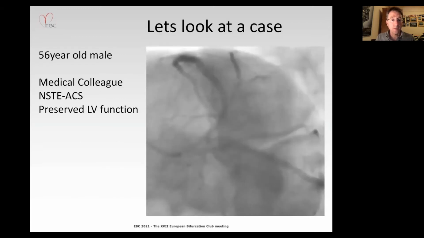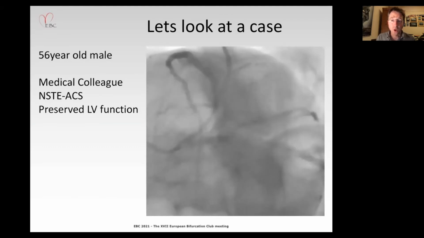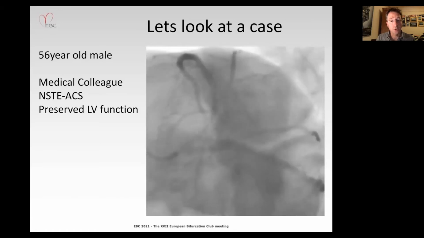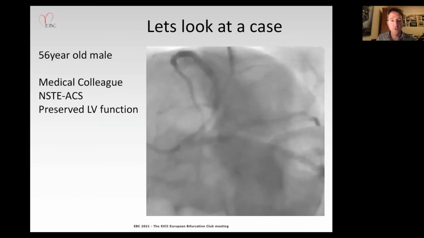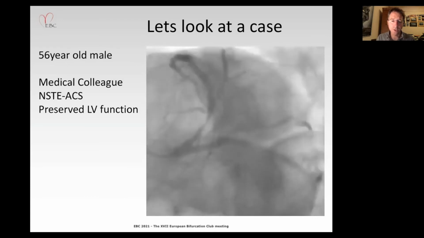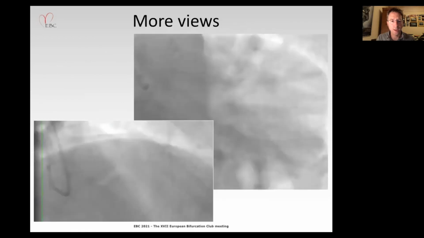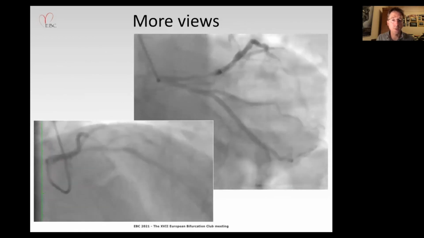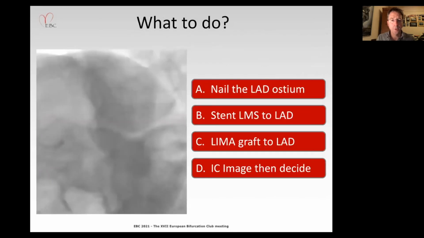So let's see, a 56-year-old male, in fact a medical colleague, which made decision-making slightly more fraught, presented with non-ST elevation acute coronary syndrome, preserved LV function, and was found to have this significant proximal LAD lesion extending back to the left main stem. We see on multiple projections this severe disease within the proximal LAD, and this then leads to